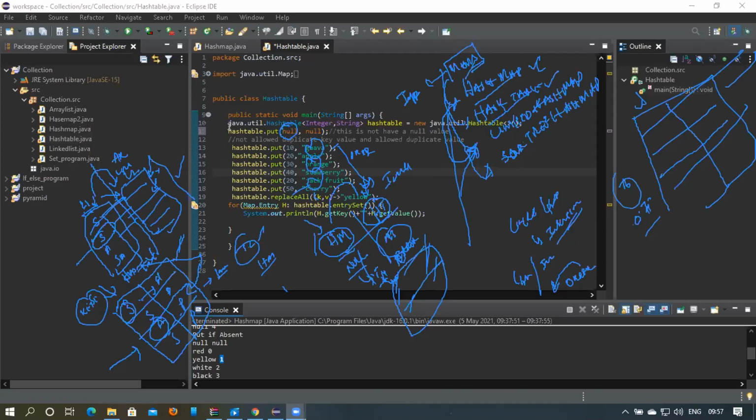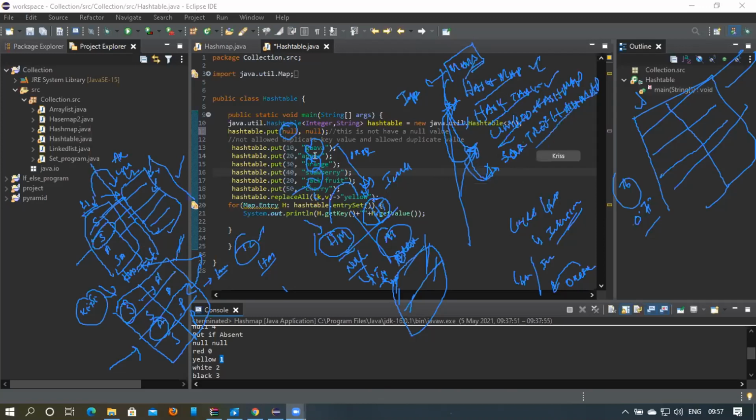You got it? So a hash map will not have the insertion order. The basic difference between a hash map and a linked hash map is that the linked hash map will have the insertion order, whereas the hash map will not. So that is the basic difference. And the next one is tree hash map.